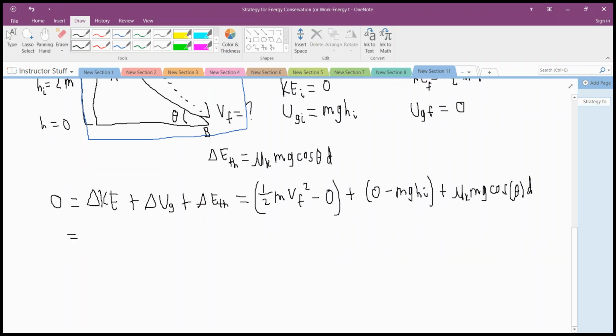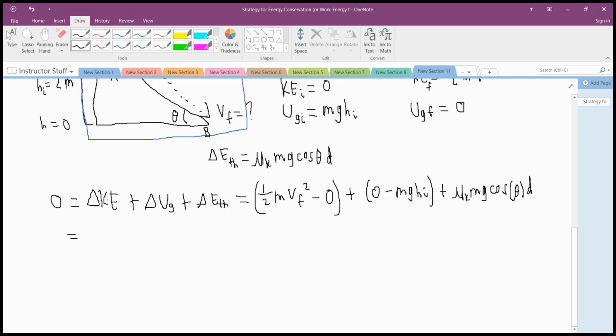Firstly, remember this is the kinetic energy for all the objects in your system and all the potential energy of all the objects in your system. Don't forget that. We only have one object, so we only have one term. If we had multiple objects, though, in our system, multiple blocks, then you would need to write the kinetic energy